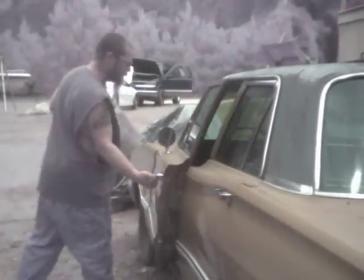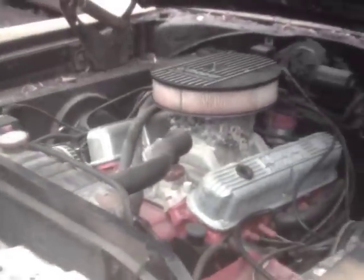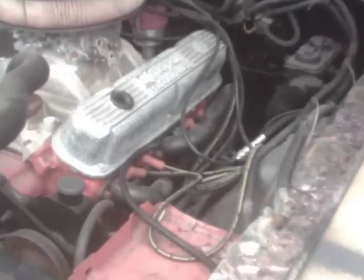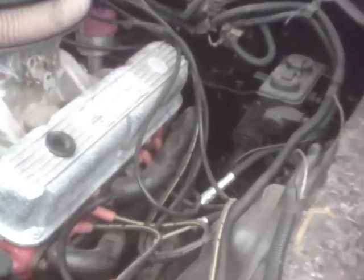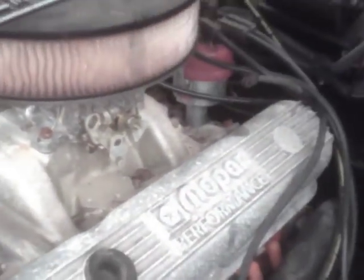But the interesting part of this car, what whoever be buying, is a pile of receipts where the motor's been rebuilt. This motor's been rebuilt, it's never been cranked up. It still has a few things to be hooked up, with a key switch on the car. But there's over $4,000 in receipts for motor work, stuff done under the hood. It's a 318, bored 30 over, no expenses spared. Mopar Performance intake, breather, valve covers, Edelbrock Performer intake and carburetor, Hooker headers,